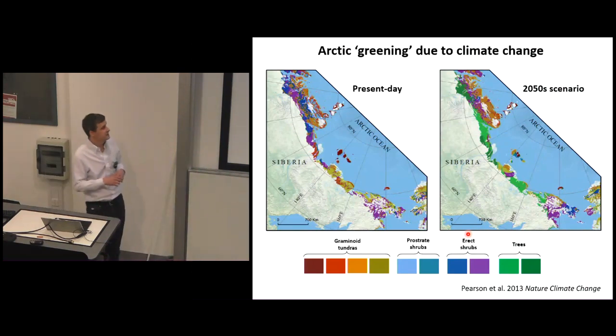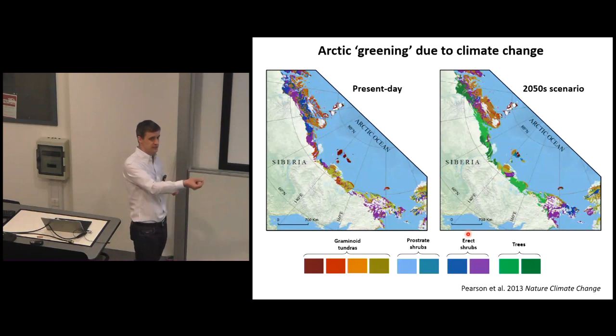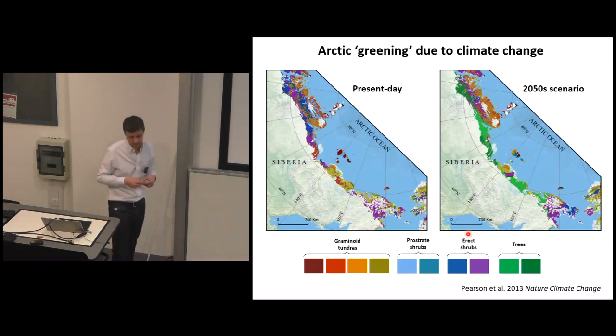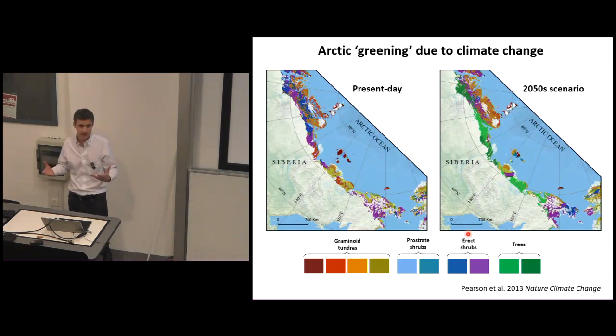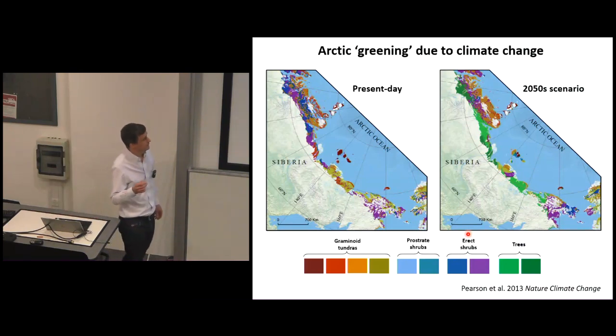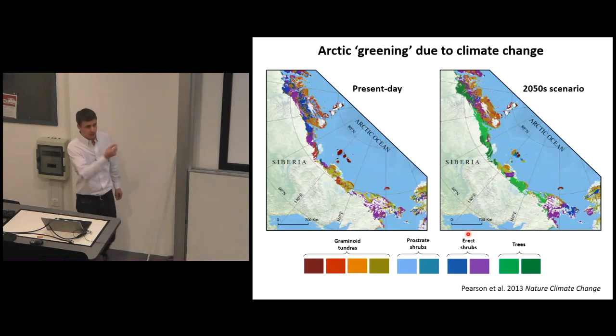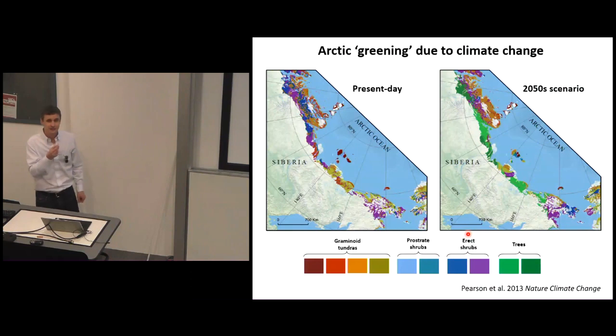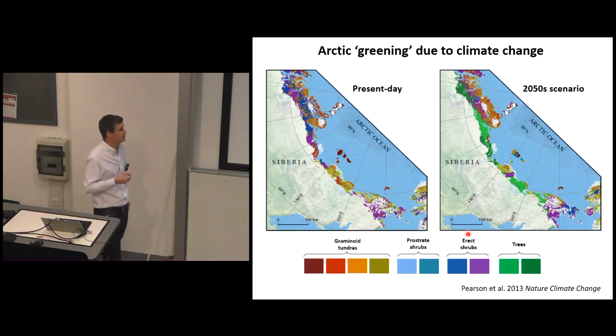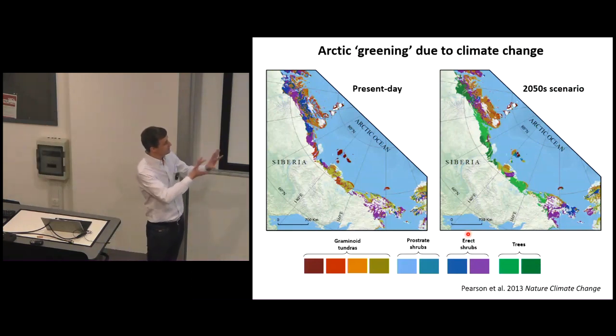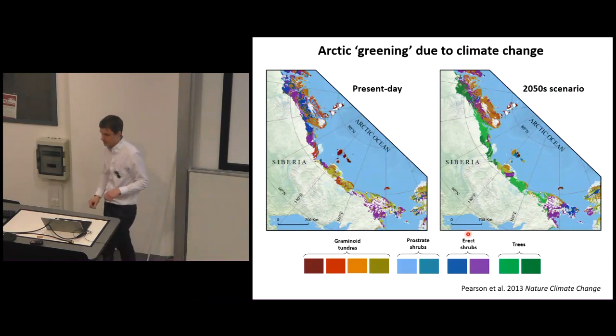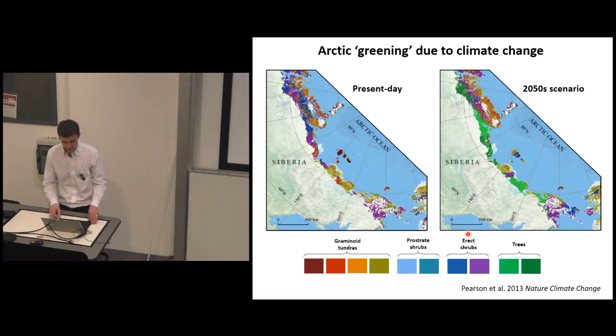We build these statistical models, and then we can project under a set of future scenarios what is likely to happen to those distributions. And overall, we get some quite startling kinds of predictions here. I'm showing you the most extreme example for the sake of giving you a visual interpretation, things that you can see. You can see obviously a very large expansion of the trees under this particular scenario.